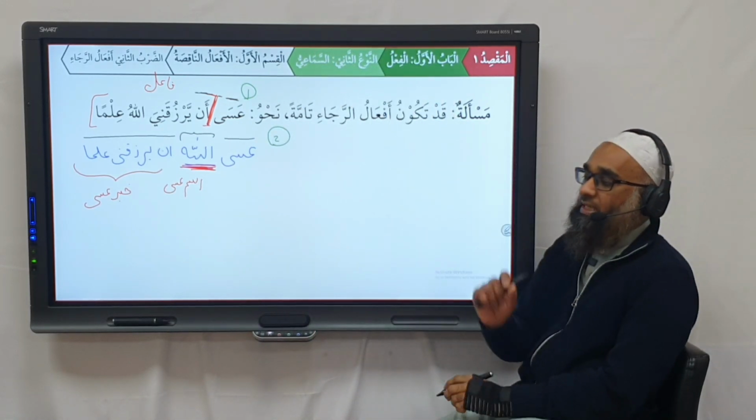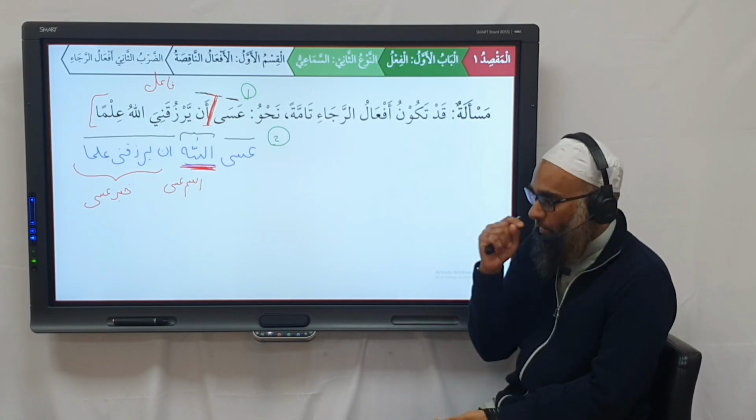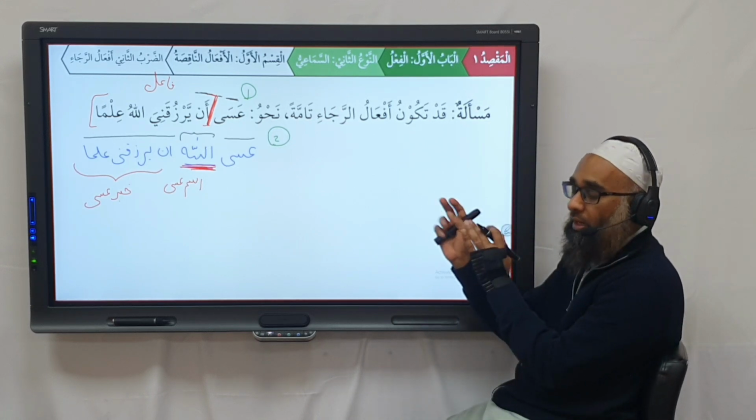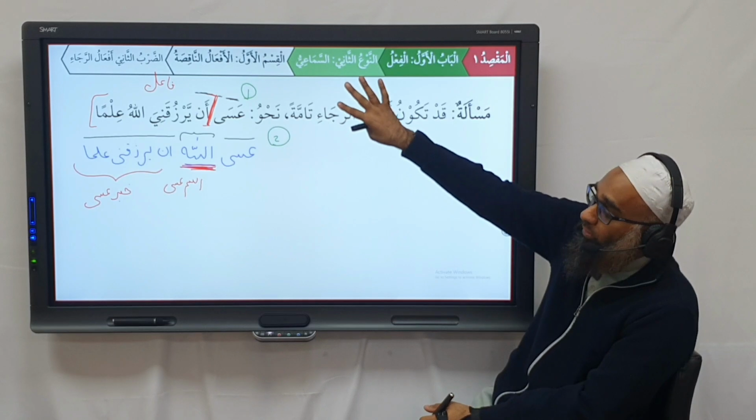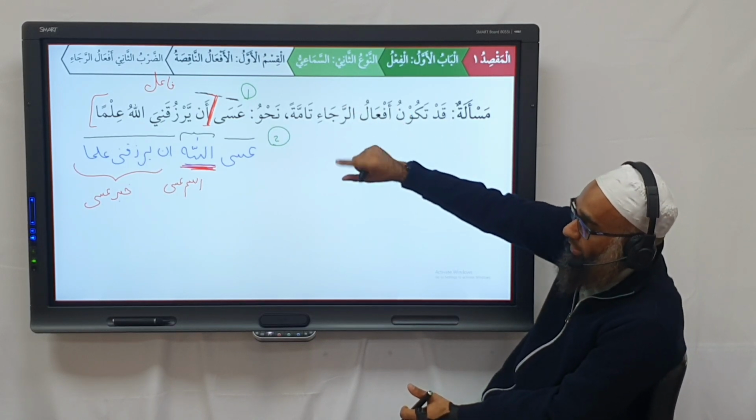So in I'rab, it'll be slightly different. It gives the same meaning. Well, it'll have a different meaning. It won't be the exact same structure. It'll have a technical meaning in balagha. What's the difference? But for now, you will know that they both are permissible, and one is fa'il and one is the ism of asa.